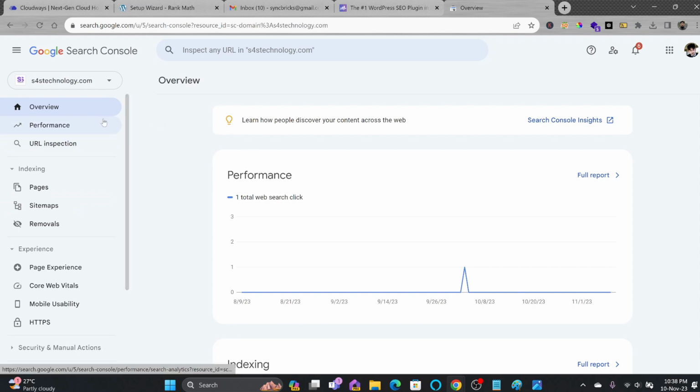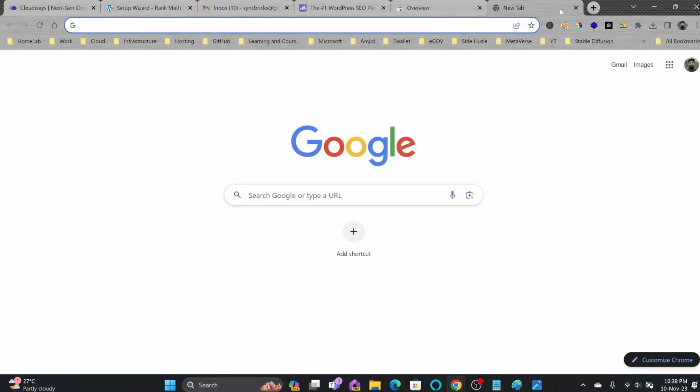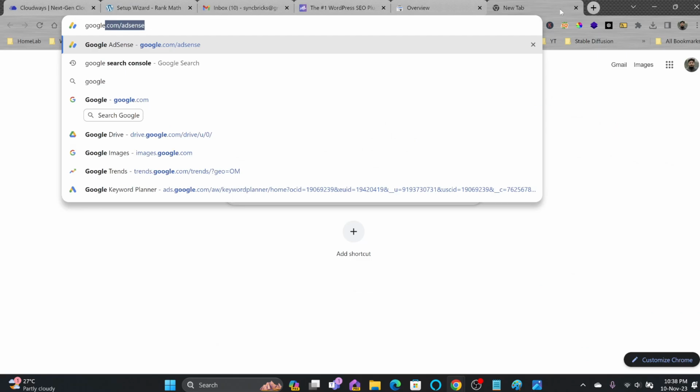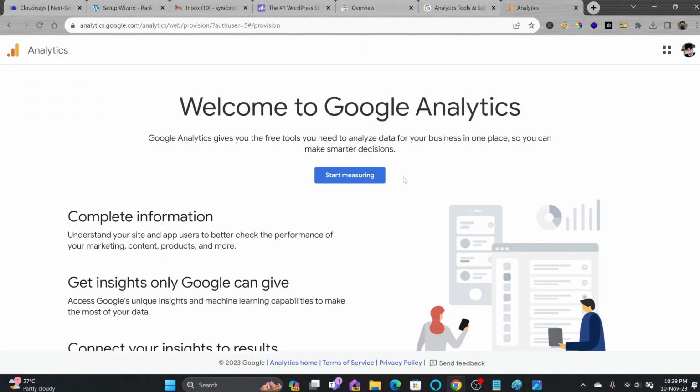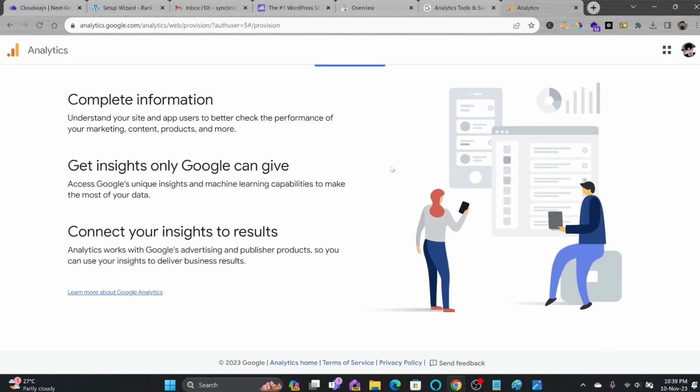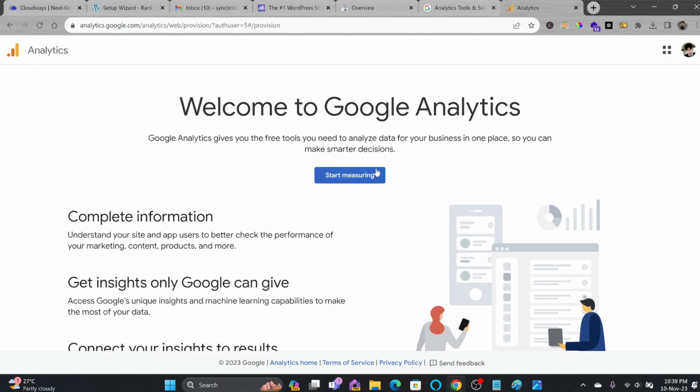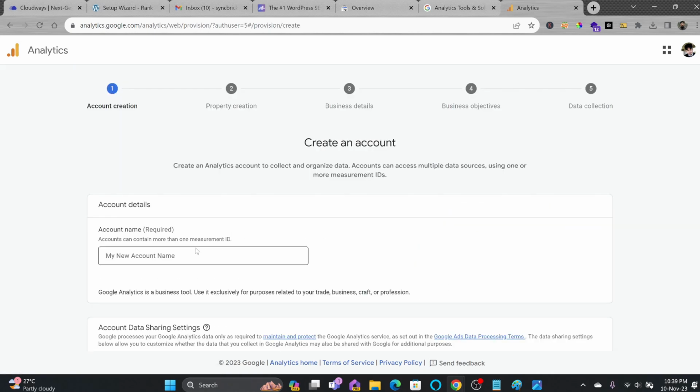So one thing that we had to configure was the Google Search Console. Another is Google Analytics. So I'll be configuring Google Analytics as well. Here is my Gmail account. So welcome to Google Analytics. It will help us to start all the analytics of our website. So what we'll do, we'll start measuring, and here we'll give it a new name. This property name will be, for example,